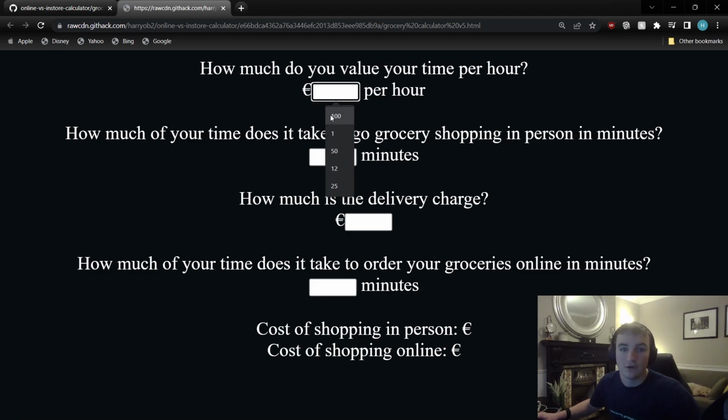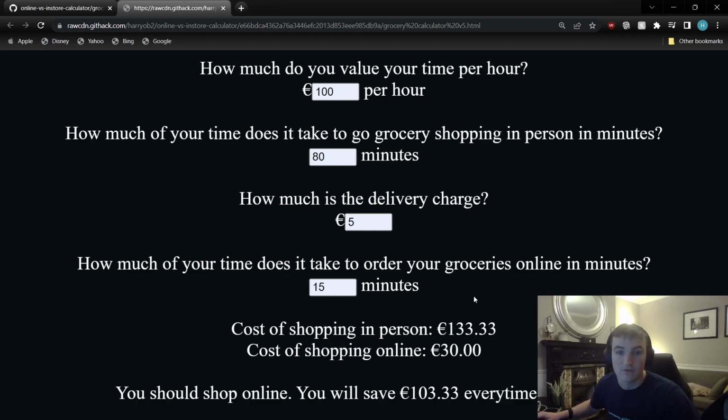So how much do you value your time per hour? Say €100. How much of your time does it take to go grocery shopping? About 80 minutes. How much is a delivery charge if I were to get it delivered online? About €5. And how long does it take to order groceries online? Only about 15 minutes. And then it performs the calculations and realizes that the cost of shopping in person is